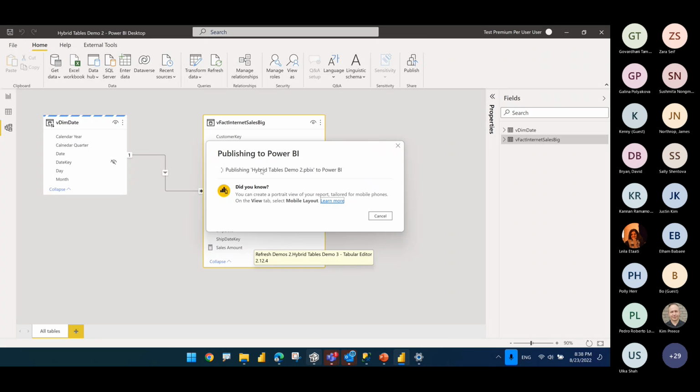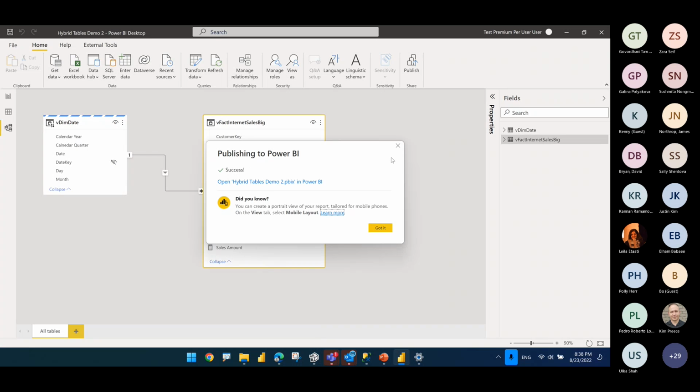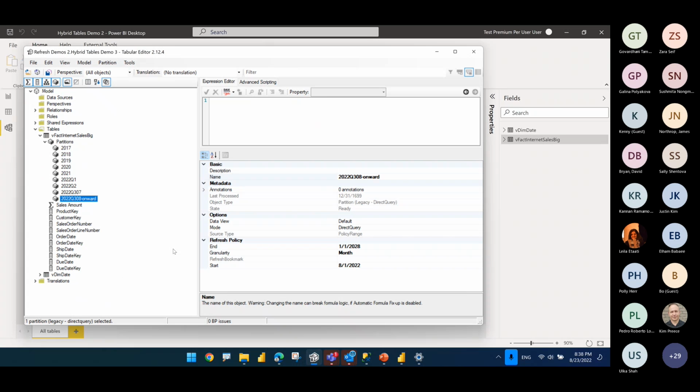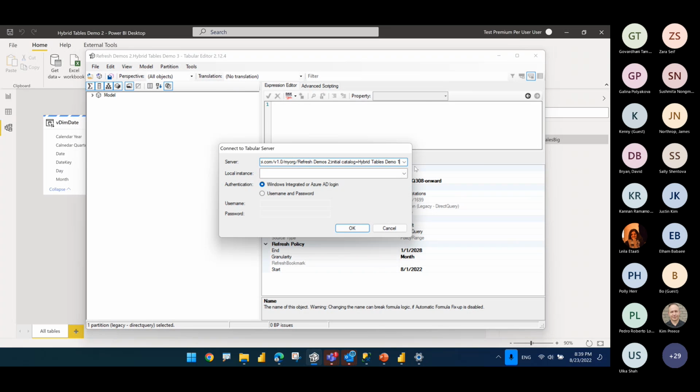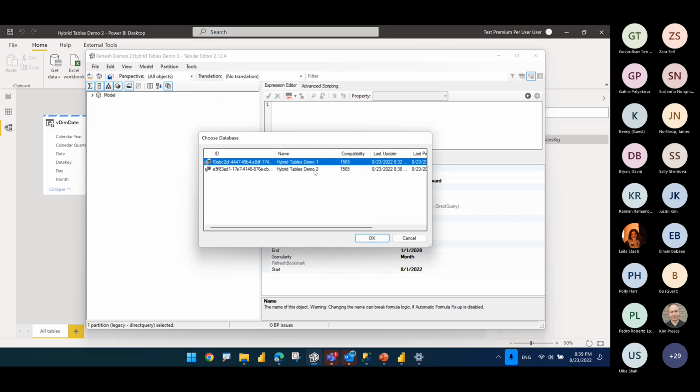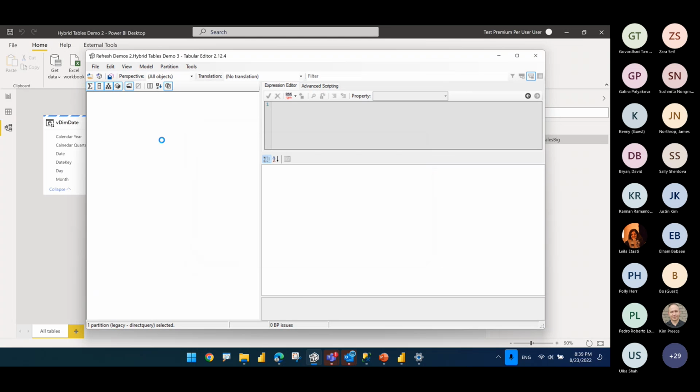And while this is publishing, I will show you the Tabular Editor as well. So same way that I connected to the model from Management Studio, you can use Tabular Editor. I'm using the free version of Tabular Editor, the version 2. So you can go to File, Open, and I go to From Database, and I put the exact same connection string here. And click on OK, and this actually brings up everything that's in there. So the second one has shown up there. So let's go ahead and open the second one to take a look at it from here.